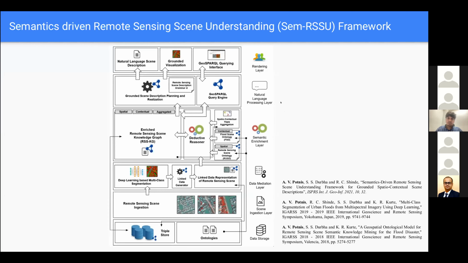Right. Another advantage of using this knowledge graph approach for generating these natural language scene descriptions is the explainability aspect. Right. So I'm sure most of you might be aware that this particular research area of explainability is becoming popular because of the fact that deep learning largely acts as a black box, right? So if knowledge graphs are used in tandem with deep learning, there is a way to explain and understand how the machine was able to derive new concepts based on the traceability of how the knowledge graph was enriched, right?